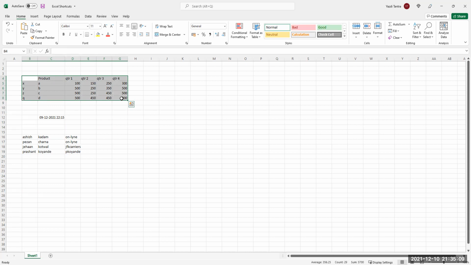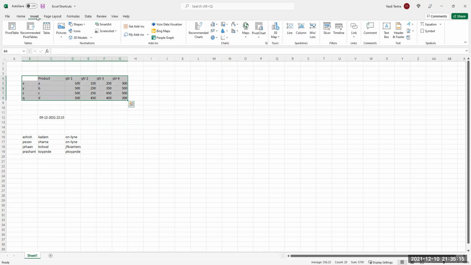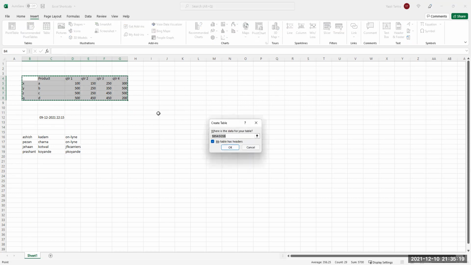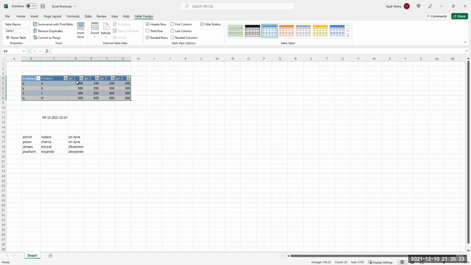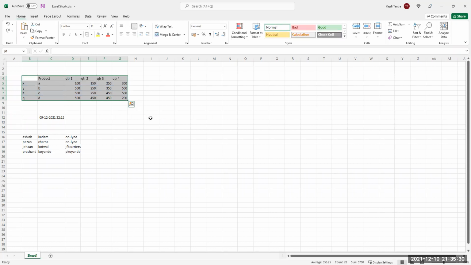You mean put the lines out, the cell lines? Oh, okay, you say insert table, yeah, and then you select the range. So then all your filters and everything comes automatically, right?